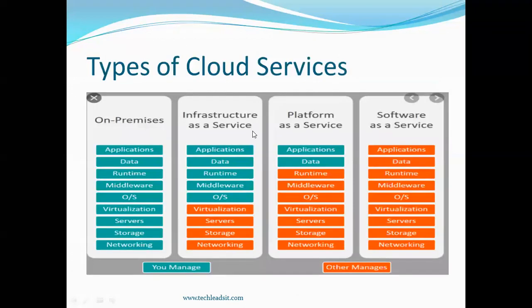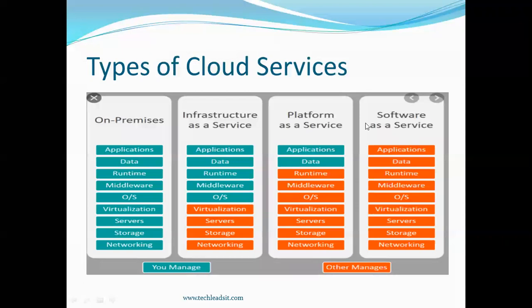Okay. Here we have the types of cloud services. We have software as a service, which is the SaaS application. In this model, all layers, like applications, the data, the runtime, the middleware, operating systems, servers, storage, and networking, everything is hosted and managed by Oracle itself. There is no organization involvement here. Everything is maintained by Oracle itself. We just take a subscription from Oracle and use their application for our business requirements, which is the SaaS model.